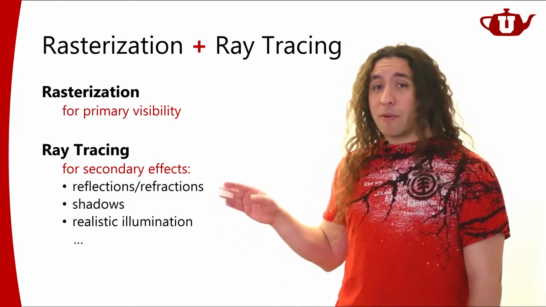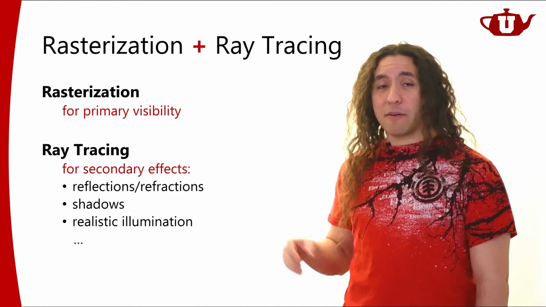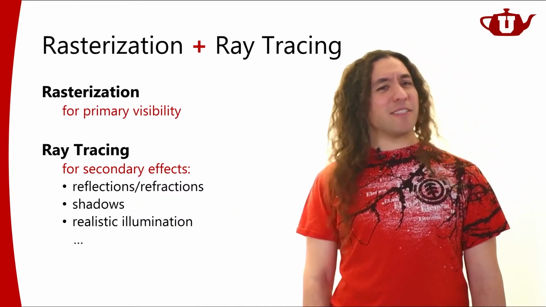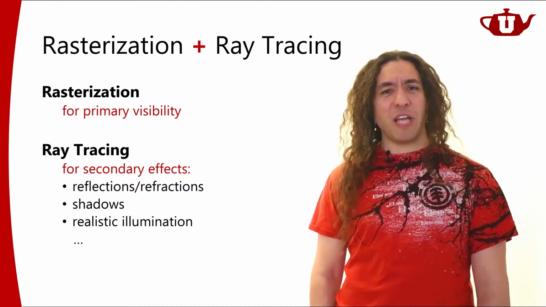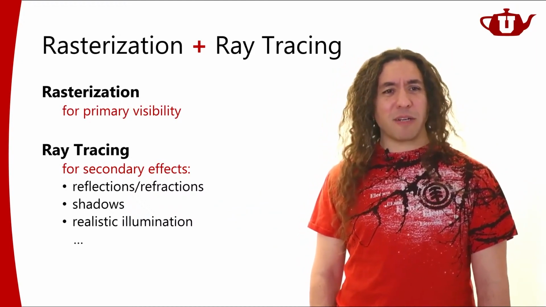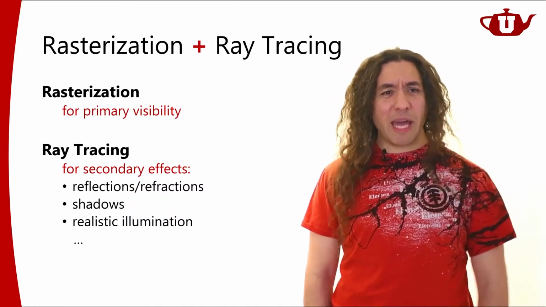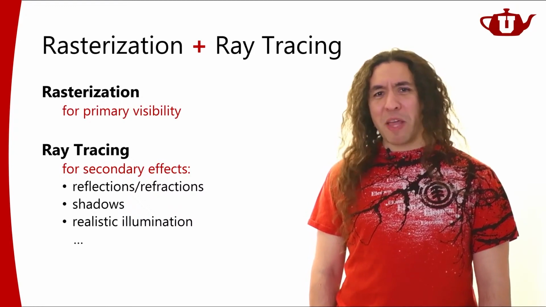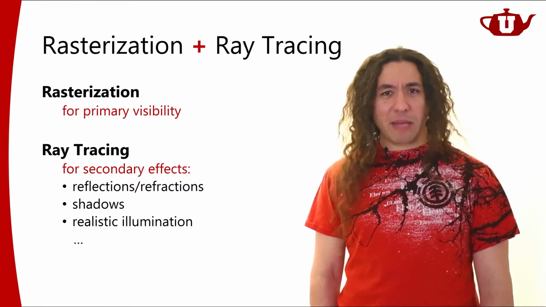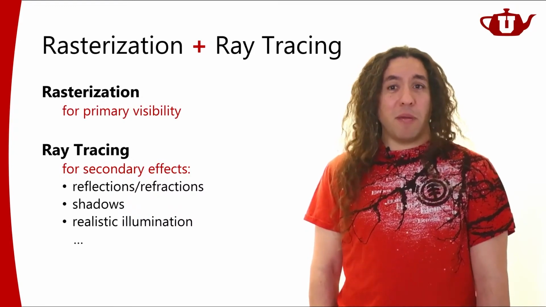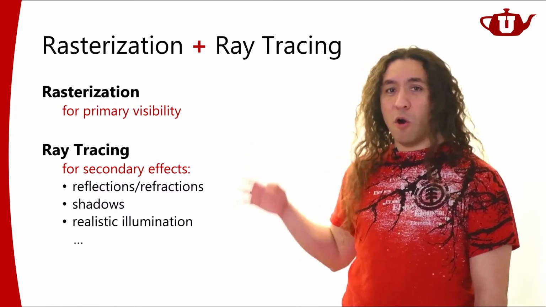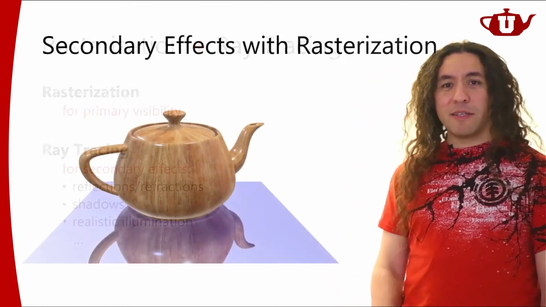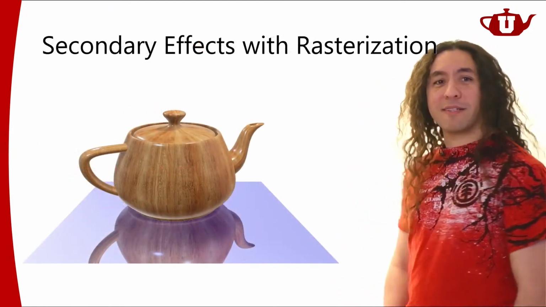Nonetheless, some of these effects, reflections, refractions, and shadows and all that stuff, it's not like we don't have reflections and refractions or we don't have shadows in interactive renderings, right? You must have played some video games or at least have seen some video games. You must have seen some shadows in video games. Well, maybe 5 years ago, where there was no ray tracing support, we could still get shadows. We could still get reflections like this, right?